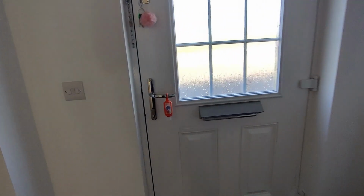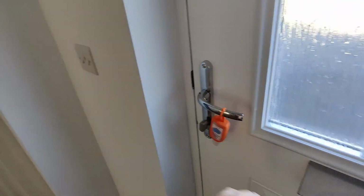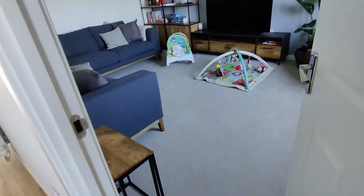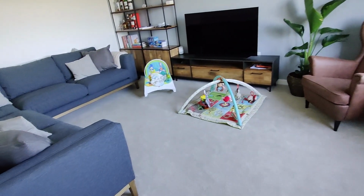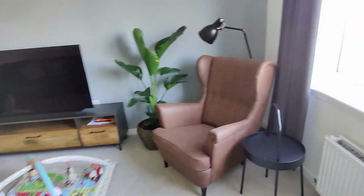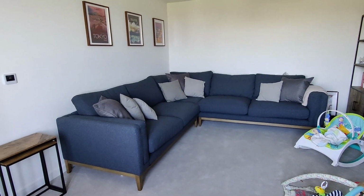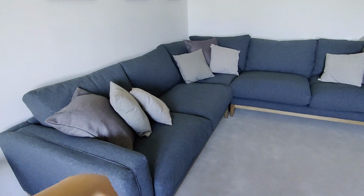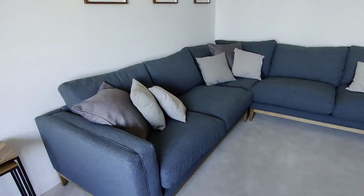Right, so as usual, a sanitizer for almost every room. And when you come in, this is my living room, or lounge, or sitting room, as you would call it in this country. And I really love it. So this couch is from sofa.com, and it's the most comfortable couch I've ever